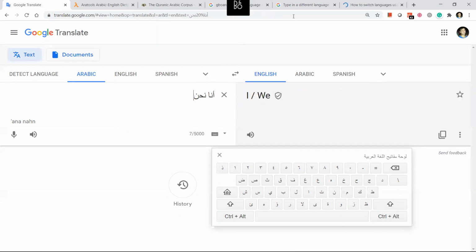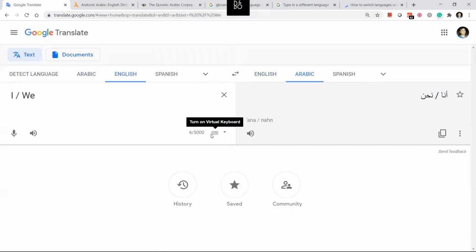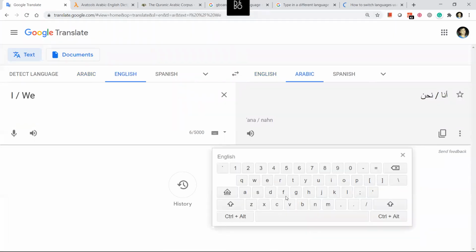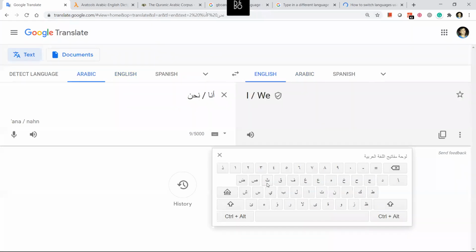Okay. So one follow-up to everyone. What I recommend you do is download an Arabic keyboard on the phone. Like how, in case you go English, you'll have a keyboard which looks like this. Okay. Same way with Arabic, you need to have a keyboard on your laptop or on your phone. In the laptop, it's straightforward because you go to Google Translate, it will give you a keyboard. On the phone, you need to download.